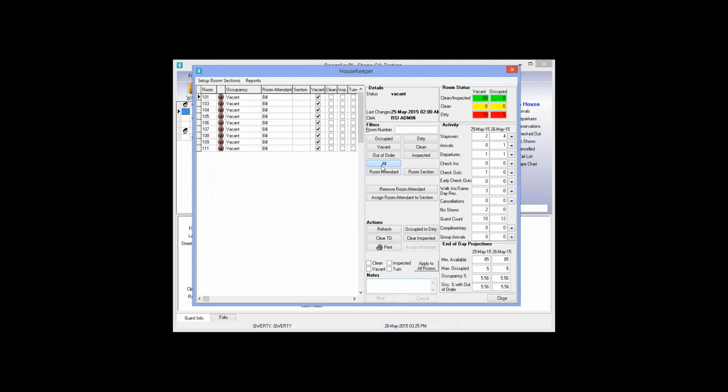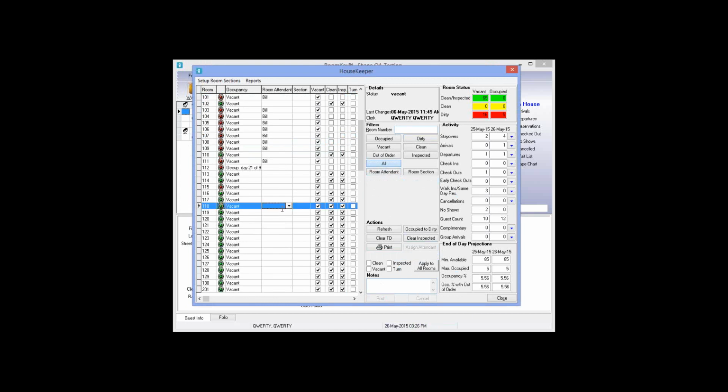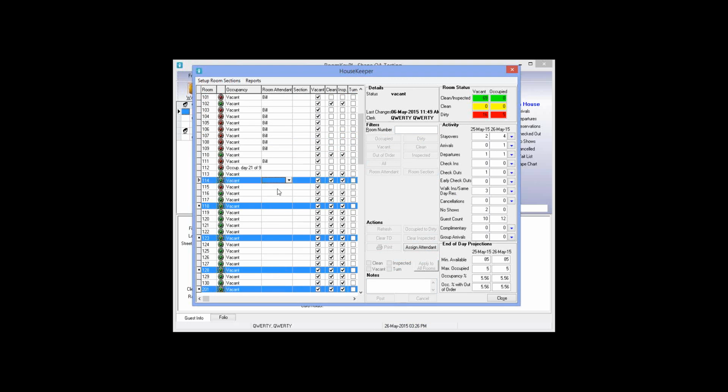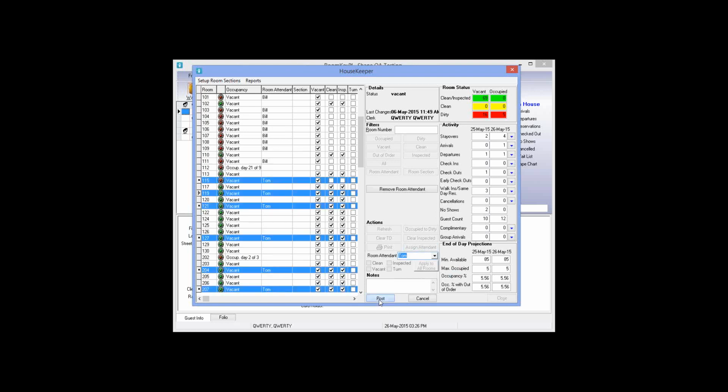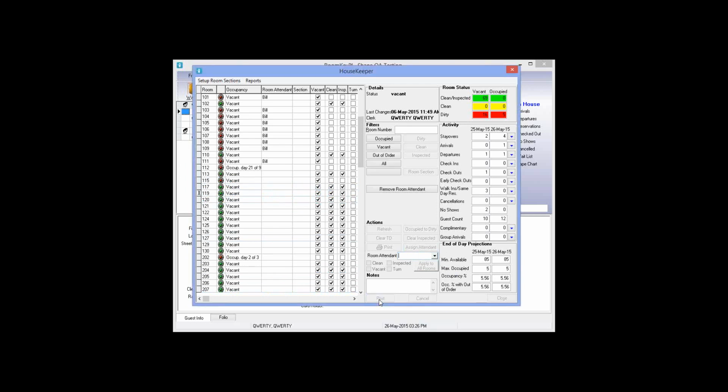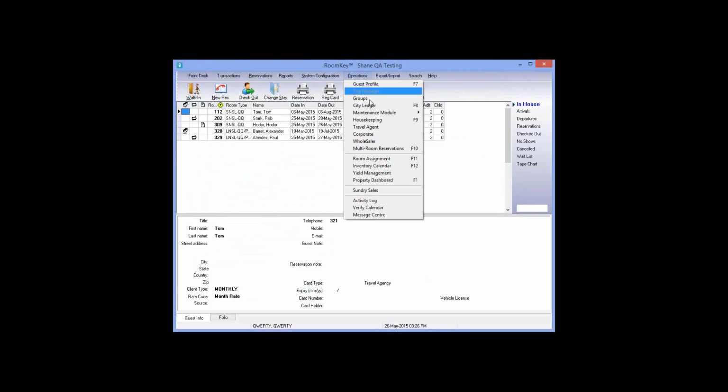Now, the second way we can use the multi-select is using the control key. So again, just like any Microsoft products out there, when you hold down the control key and click, it doesn't select the rooms in between. So it's a way of jumping rooms to assign. And again, I go to assign attendant, choose Tom, click post. And then one more way to use this